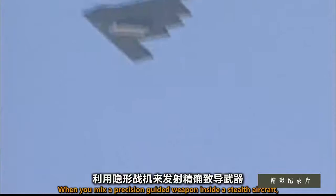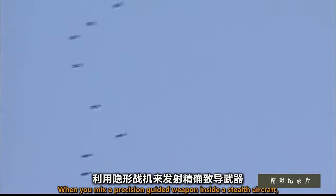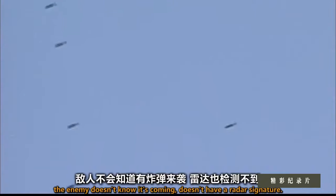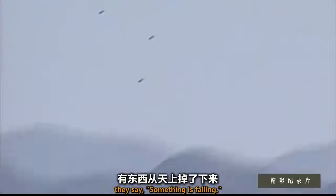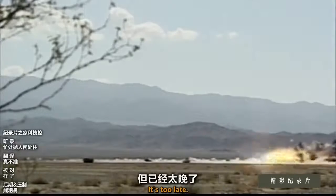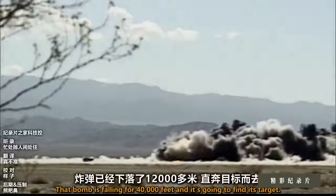When you mix a precision-guided weapon inside a stealthy aircraft, the enemy doesn't know it's coming, doesn't have a radar signature, they can't pick up the infrared, and all of a sudden they get just a moment and they say, something's falling. Well, it's too late. That bomb is falling from 40,000 feet and it's going to find